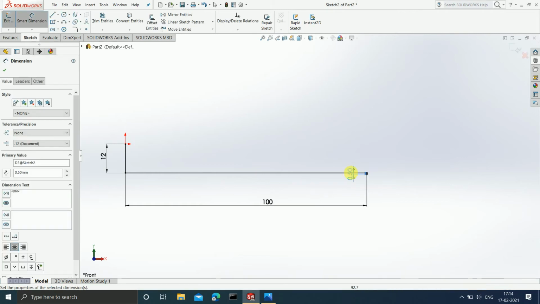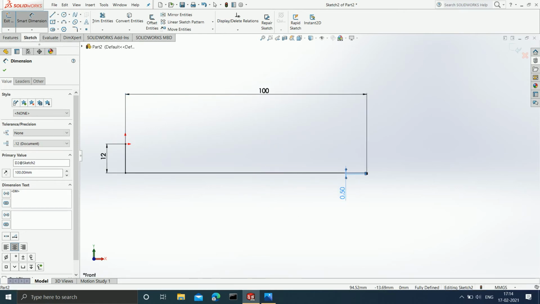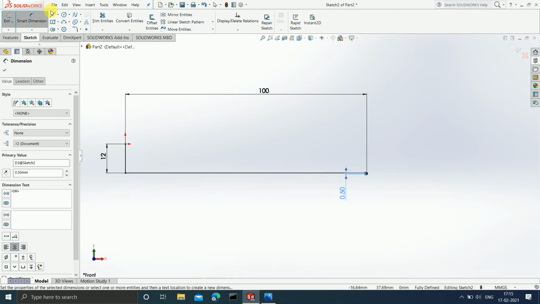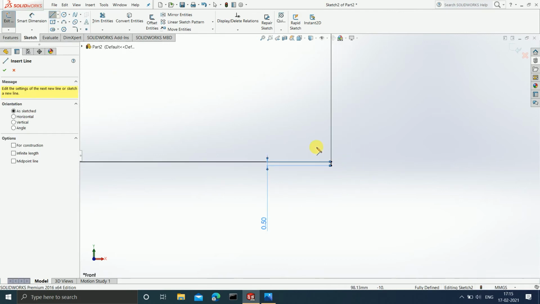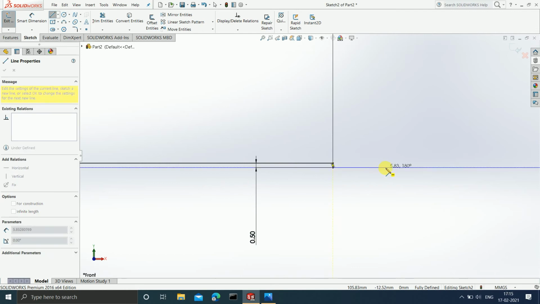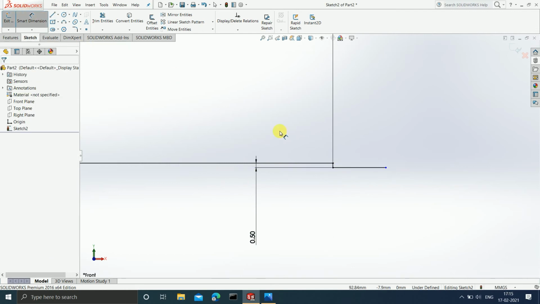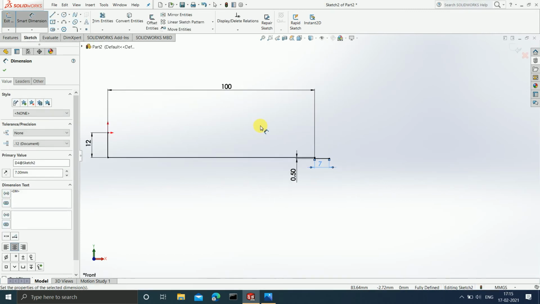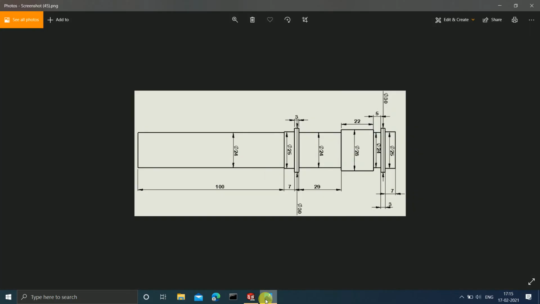Enter. Now after this is done, I will just move this. Okay, it is 0.5. Now again I am going to draw this horizontal line, and it is nothing but 7 mm. Observe things. This might seem a little boring for the next 2 to 3 minutes, but once you understand how this revolve boss base command works, it is going to be quite interesting for you whenever you use this command, and you will be using it very frequently when it comes to CAD modeling. It is not that you won't be using it.